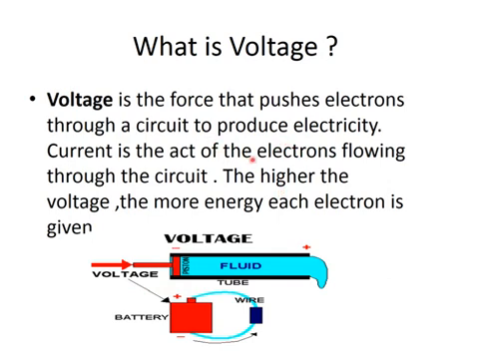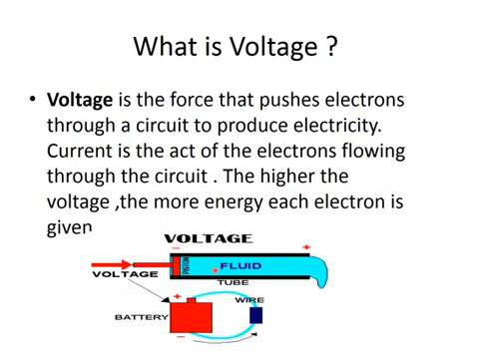So what is the voltage? Voltage is basically the push to the electrons through which they move in the whole circuit. So the greater the voltage, the greater the push, the greater the force behind them. If this push is greater, then a large amount of current will be produced, because a large number of electrons will be flowing through the circuit, and as a result a large amount of current will be flowing. You can see the figure also, that voltage is a push which is given to